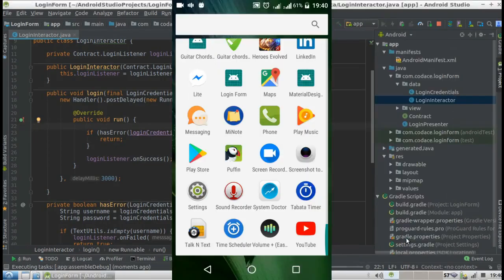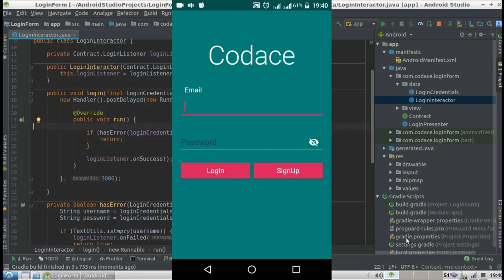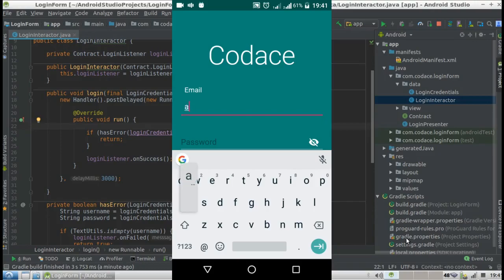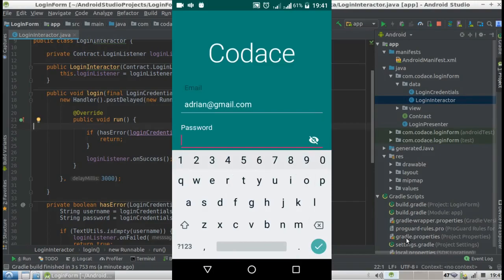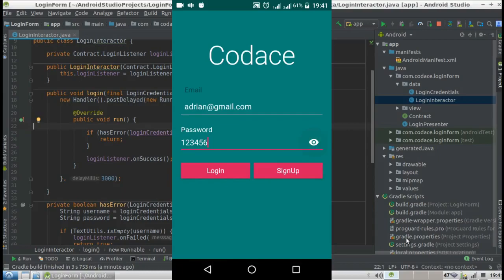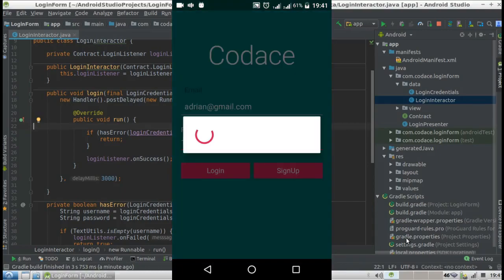Okay, let's try it. Let's check if it will show us the error that the email is empty. Okay, let's click the login button. The email is empty and the progress dialog shows up. Okay, let's add an email. Then the password. Let's click the login button. As you can see, the progress dialog shows up